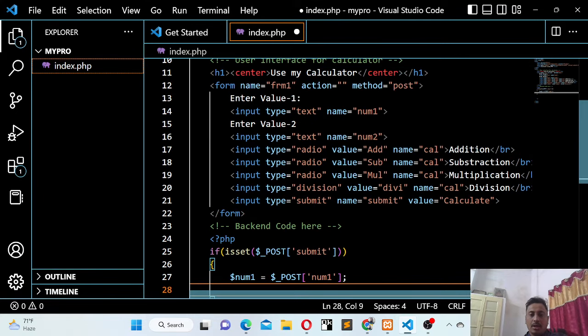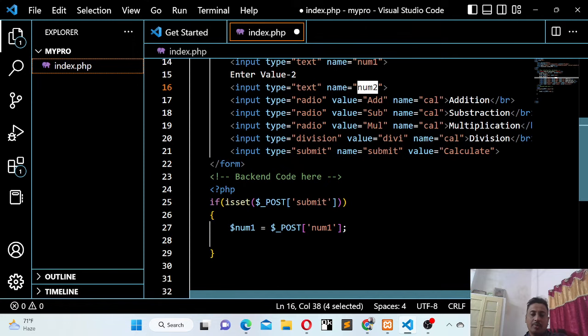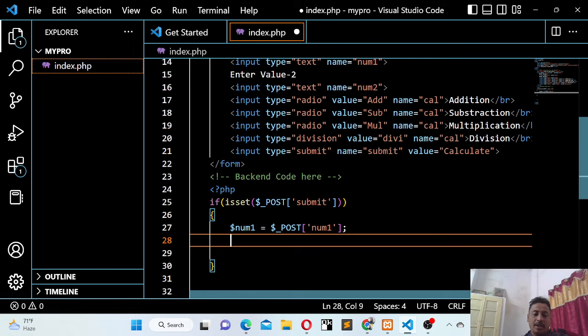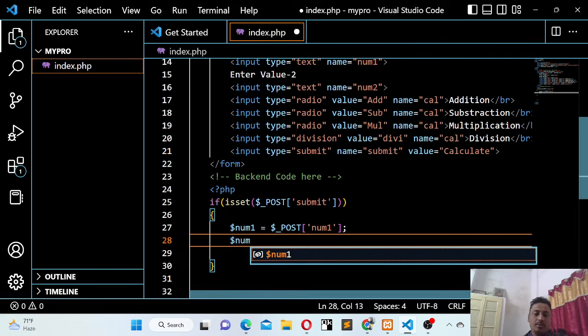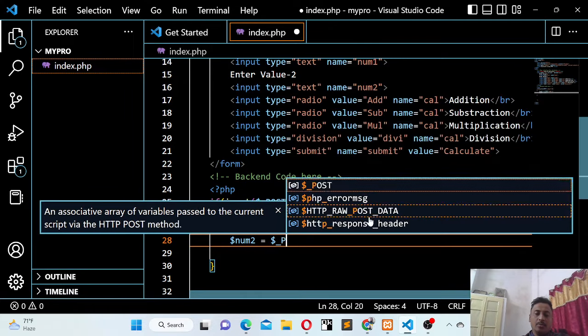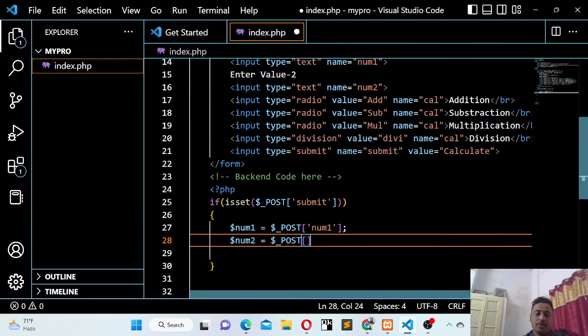as I have said. Look here, text box 1 name is num1 and text box 2 name is num2. Okay, so that's why I take input from num1 and num2. Now again consider $num2 equals to $_POST num2,